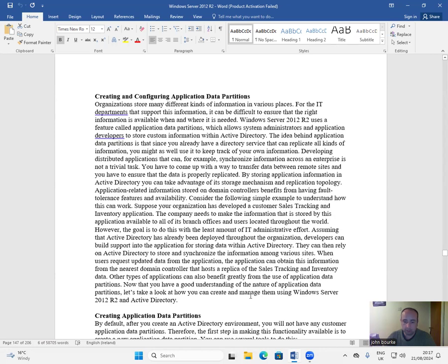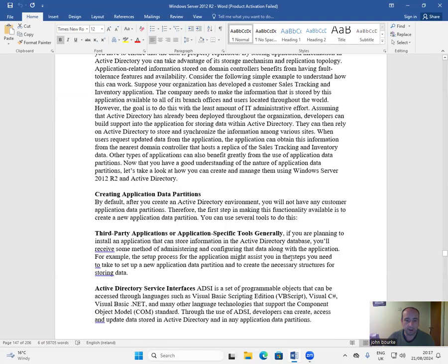Now that you have a good understanding of the nature of application data partitions, let's take a look at how you create and manage them using Windows Server 2012 R2 and Active Directory. Creating application data partitions. By default, after you create an Active Directory environment, you will not have any custom application data partitions. Therefore, the first step in making this functionality available is to create a new application data partition. You can use several tools to do this. Third-party applications